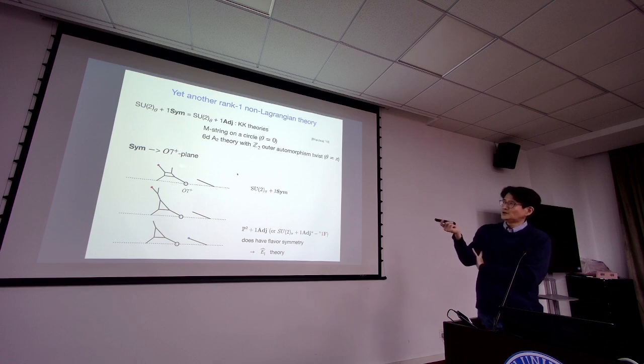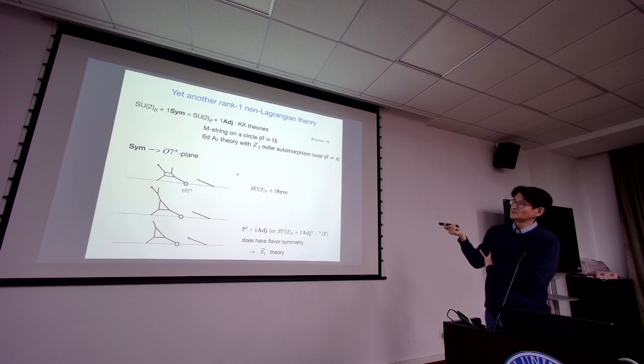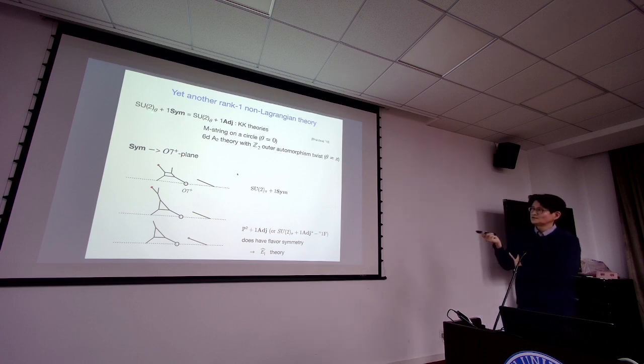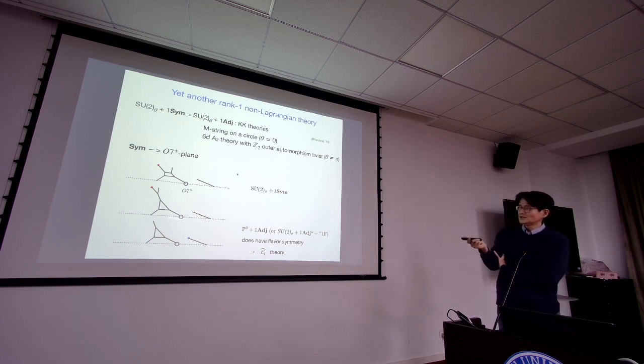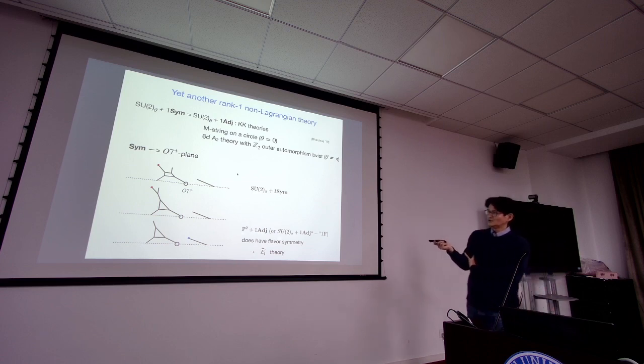So this part is SU(2) with theta pi, now attached to the O7-plus, describing SU(2) pi with a symmetric matter, or the adjoint SU(2) case. And then you do a similar decoupling. We do the instanton hypermultiplet decoupling, and you are left with the theory which is called local P2 with one adjoint. It can be understood as